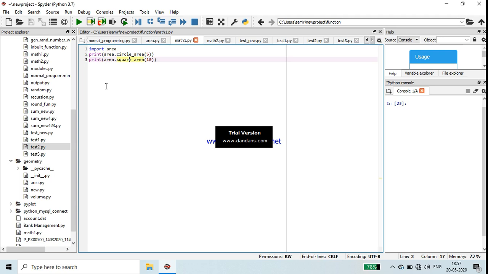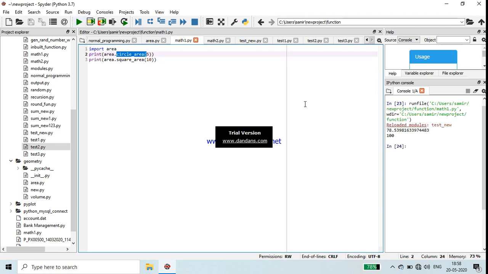As you have seen, in an inbuilt module we do similarly. Here in a user defined module we can do it. In the inbuilt module I gave one example of math: import math, then math.ceil function, math.floor function. Similarly here, area is the module, area.circle_area function, area.square_area function. As I call this circle area, it will go here, find out the area, and the value will be returned.